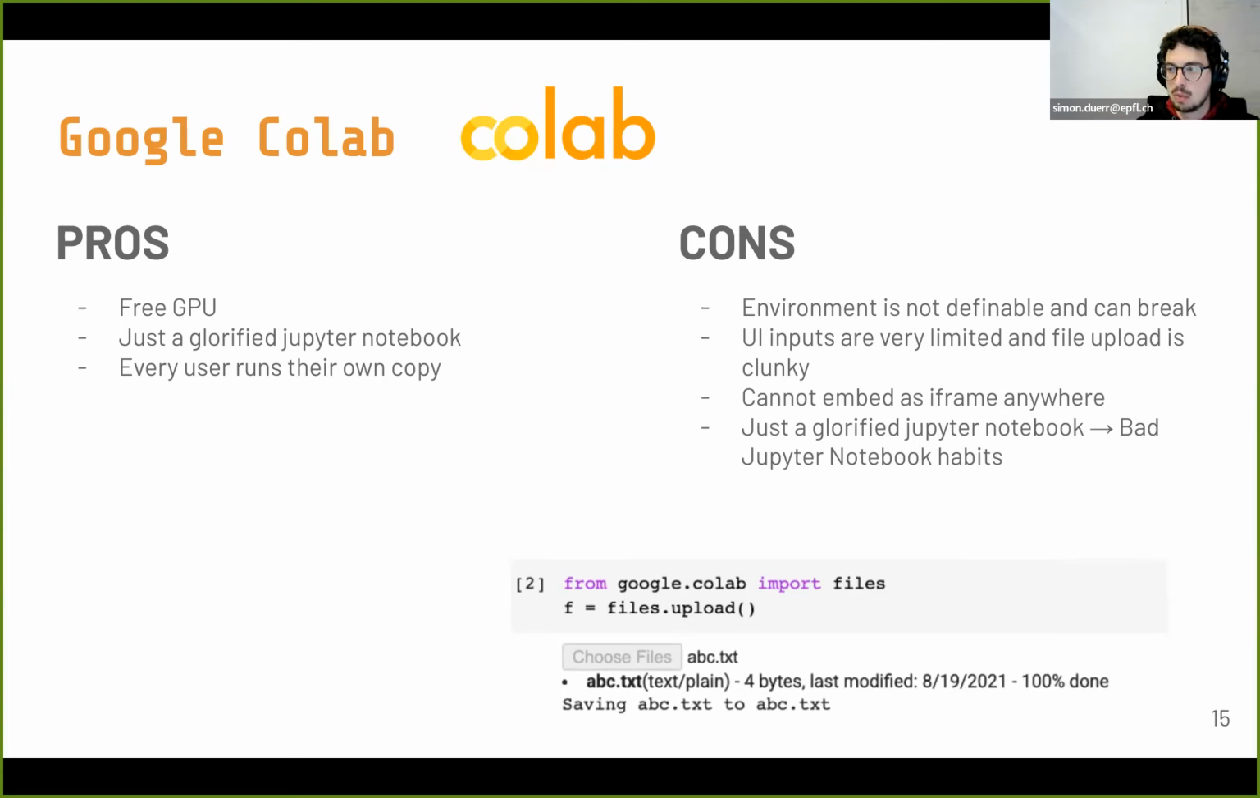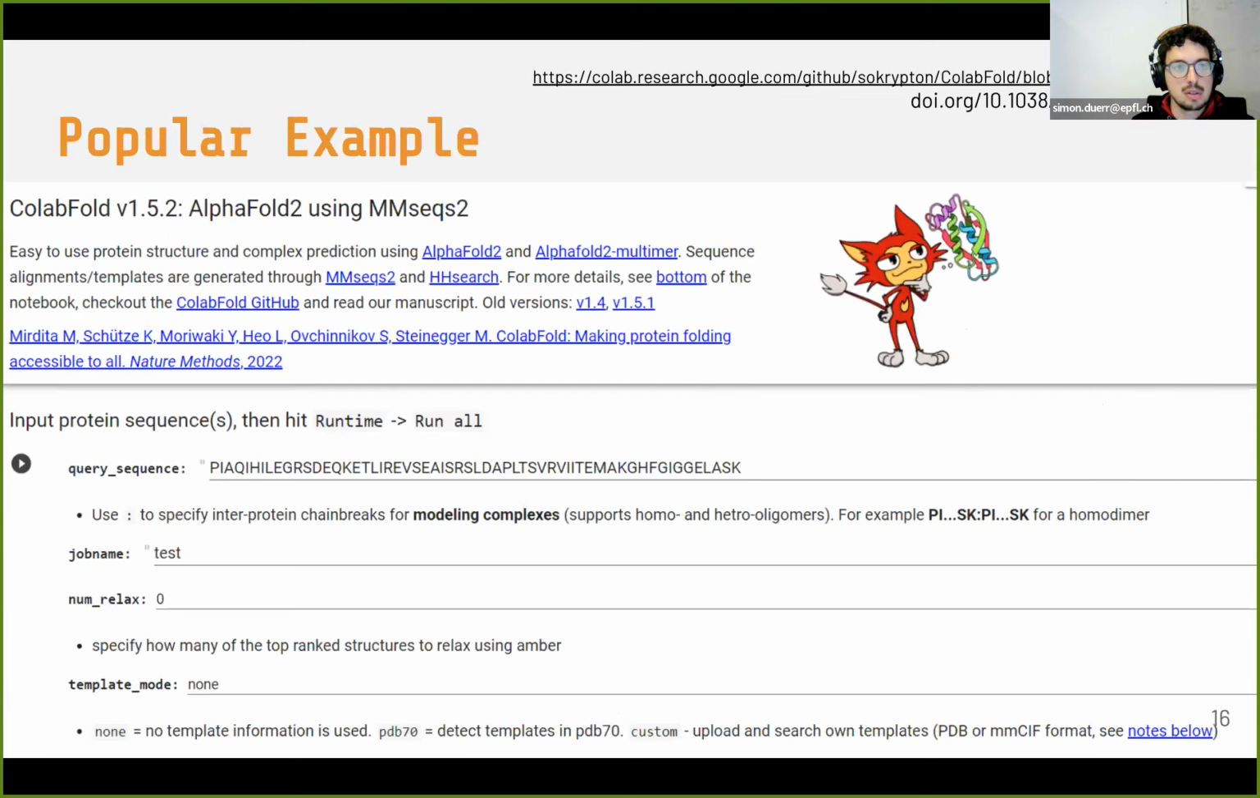So really, you put all the code in one big notebook instead of writing a nice modular library that's easier to reuse. A pretty popular example of using Colab to share a machine learning model for proteins is this ColabFold that I guess most people here have used. You can see this UI that you can very easily build using